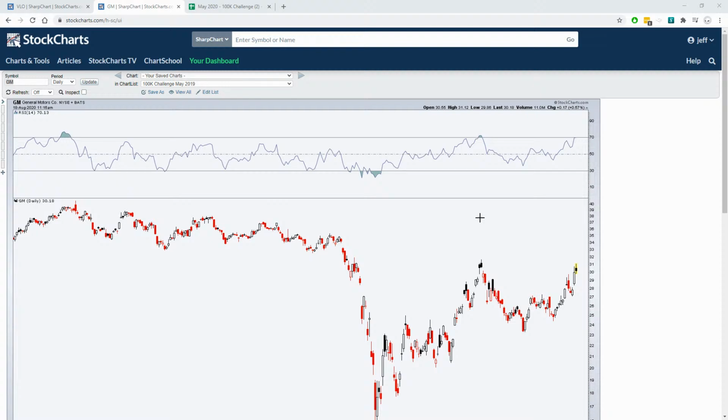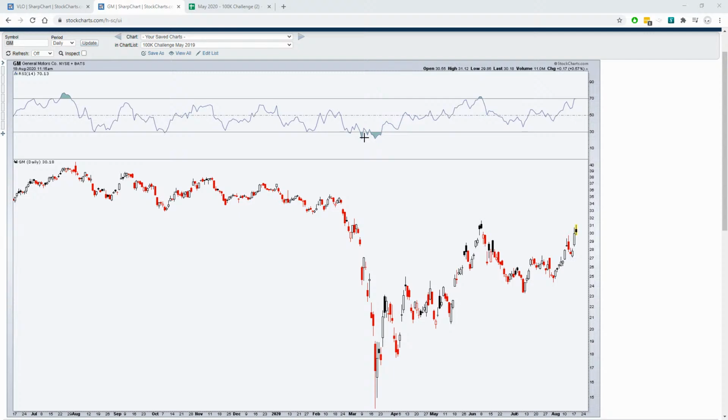And that's really how I look at failure swings. They don't give me entry points. They tell me whether I should be buying dips or selling rallies. And when we're coming off of a failure swing like this one here for GM in March, I should be